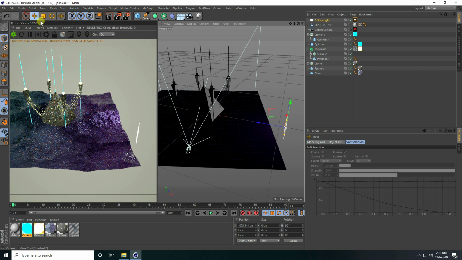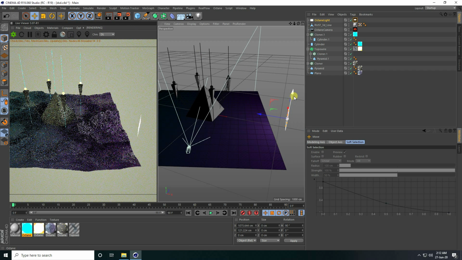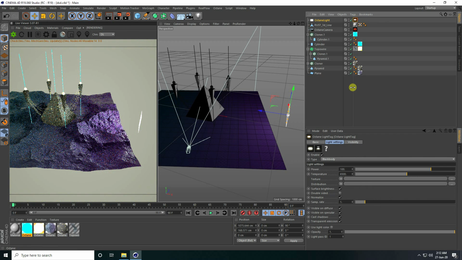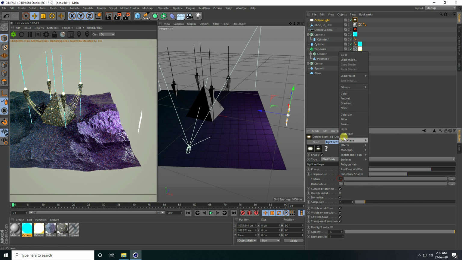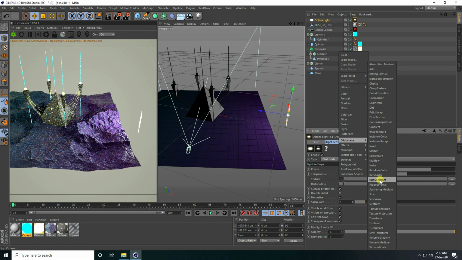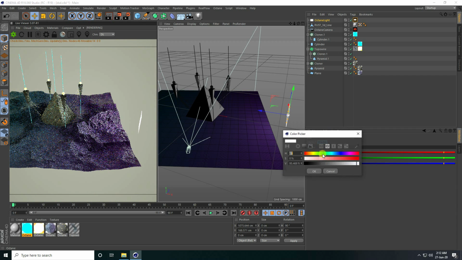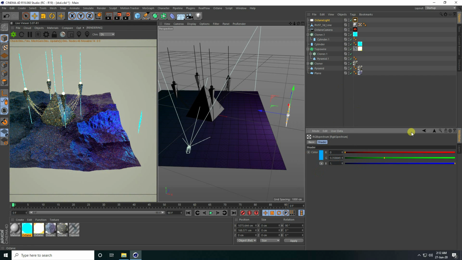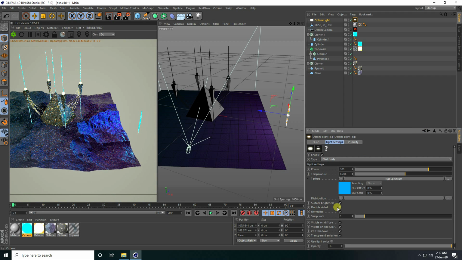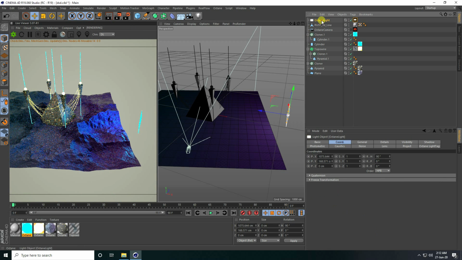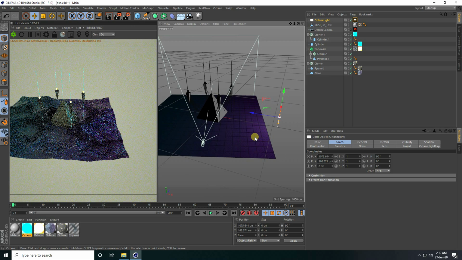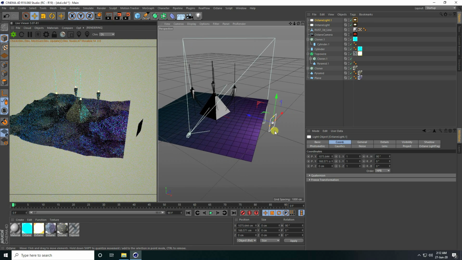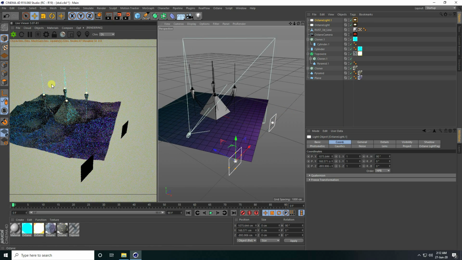And change guys also color. Color, I take blue color. So texture and RGB spectrum, and take blue color. And go to back. Guys, all is good.